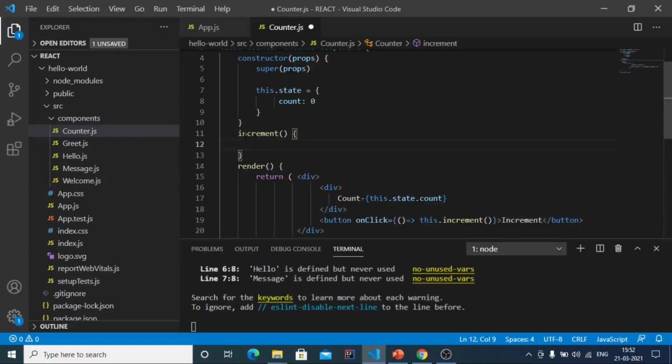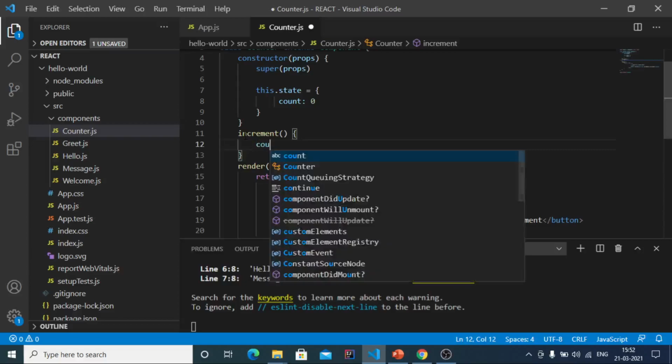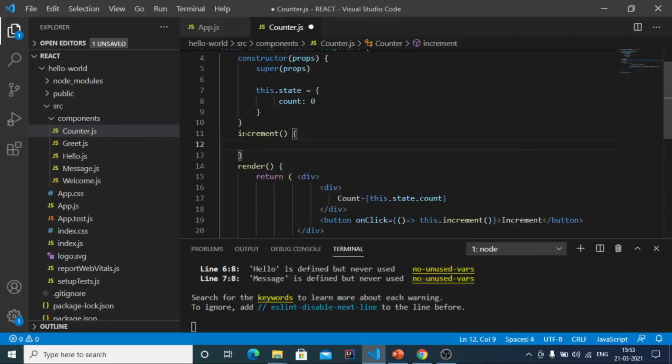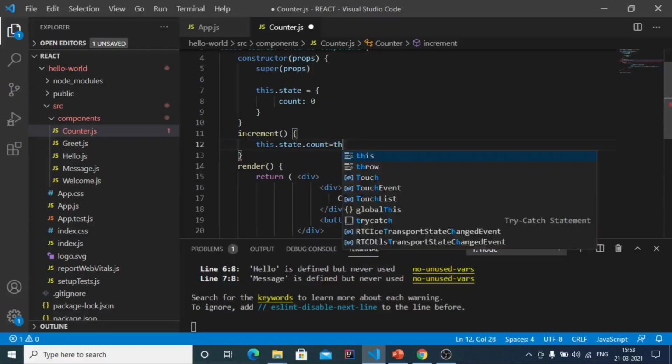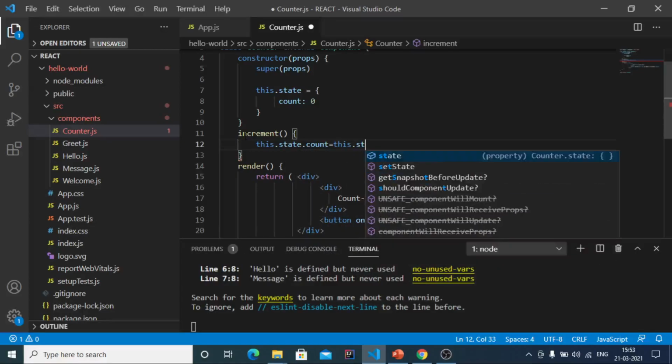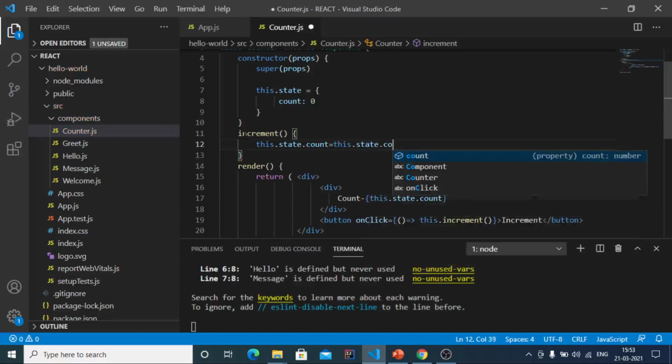Now you might be curious why we need to make use of the setState method when we can change the state directly. So now we'll be changing the state here directly. this.state.count equal to this.state.count plus 1.